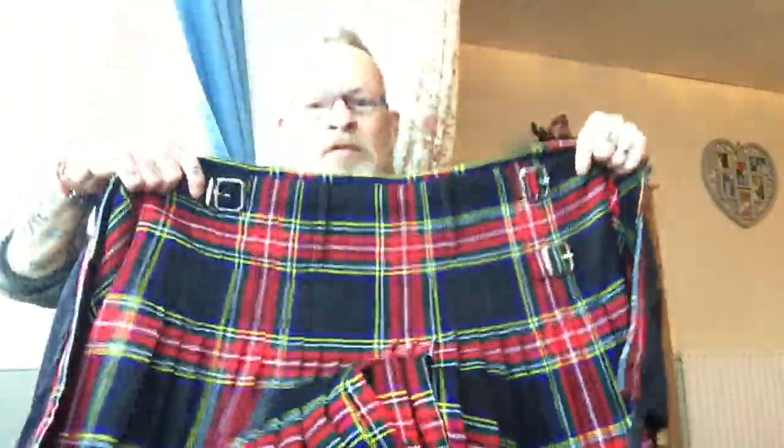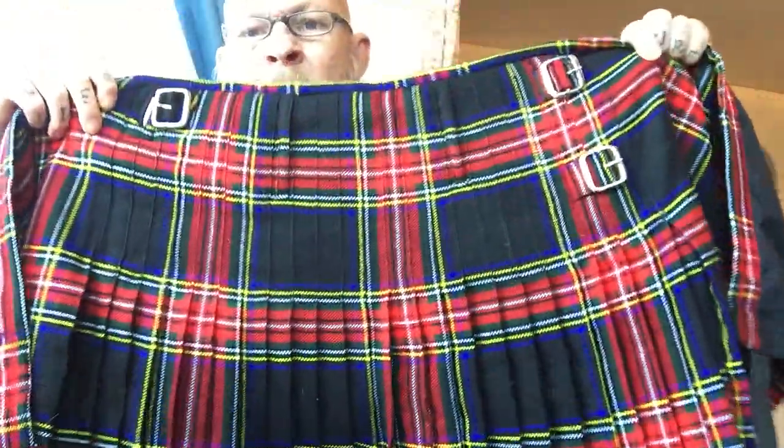I have a couple of thinner kilts, which is nice for summer, but I wear those through the summer months, maybe spring, maybe into autumn, but I love the winter style, the really heavy, thick, heavy duty kilts. So this is what was sent through. You've got nice pleating on the back. I love the way that even though this is made in another country, I believe it's Pakistan,